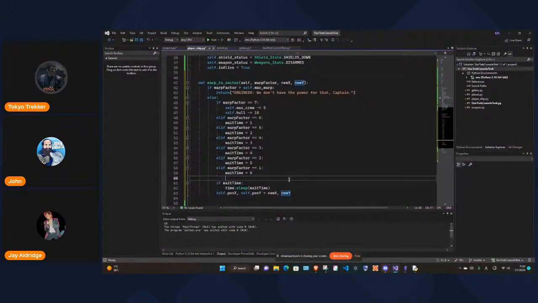But so if we're going to call it warp 7, there is no wait time. You get to